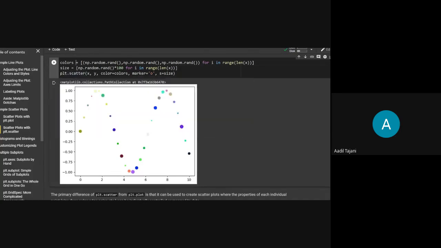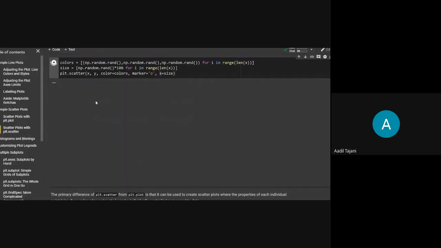And then I'll call the scatter plot with X data, Y data, and I will mention the color argument, and I'll give the colors list to that color argument. I am setting the marker as usual, the circle, and S is the argument for mentioning the size. So I'll pass the size list to this.